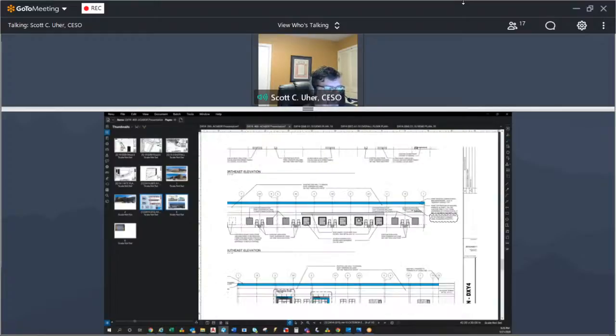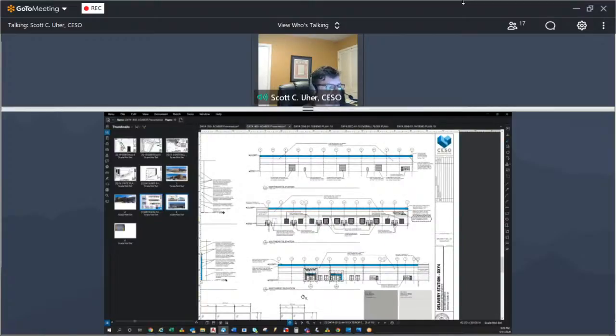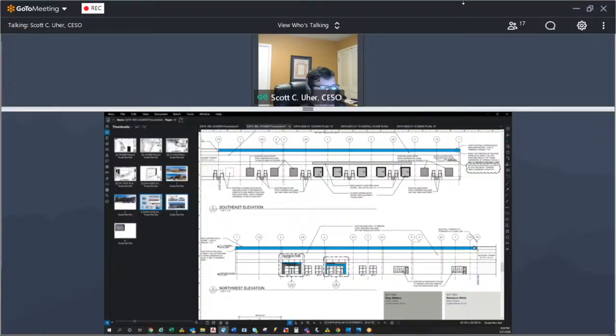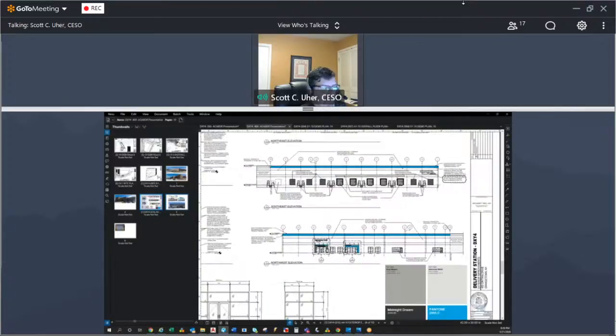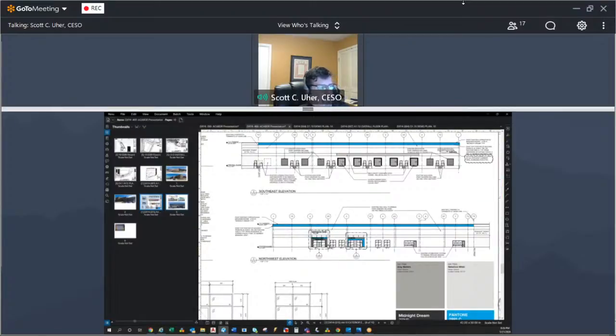So again, this is the southeast facade here, and this is essentially the northwest elevation. And again, as we mentioned before, the building, or at least Amazon's lease area of the building, will be painted white, or the nebulous white, with the blue band and the proposed Midnight Dream coping. The hub feature itself will have the masonry surrounding it also painted that Midnight Dream, and this is just at the pedestrian level.